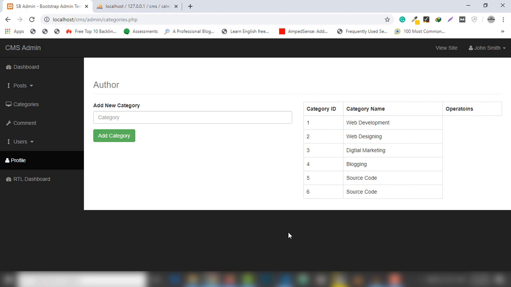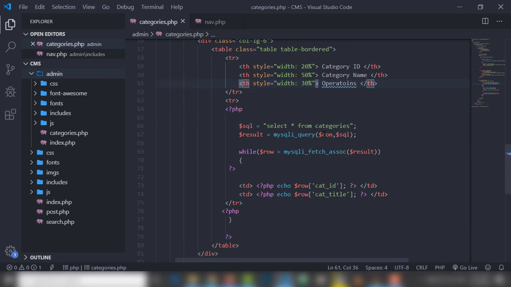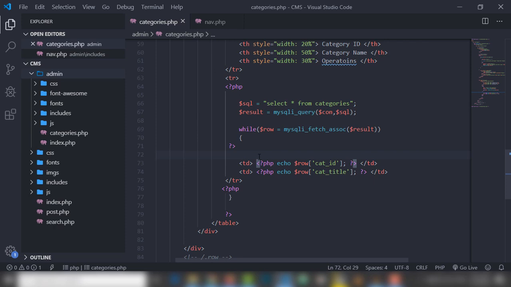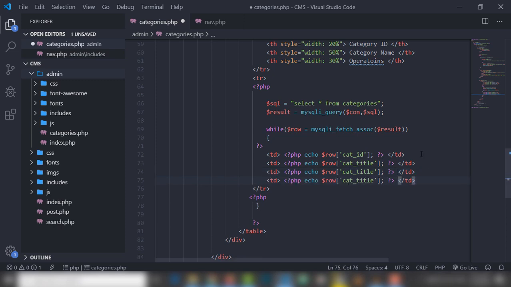Operation, right? And inside our operation I'm gonna use th. Perfect. Okay, inside a while loop I'll create two divs, I mean two TDs. The first one, I'm gonna use an href. I use page name. I'm gonna use category